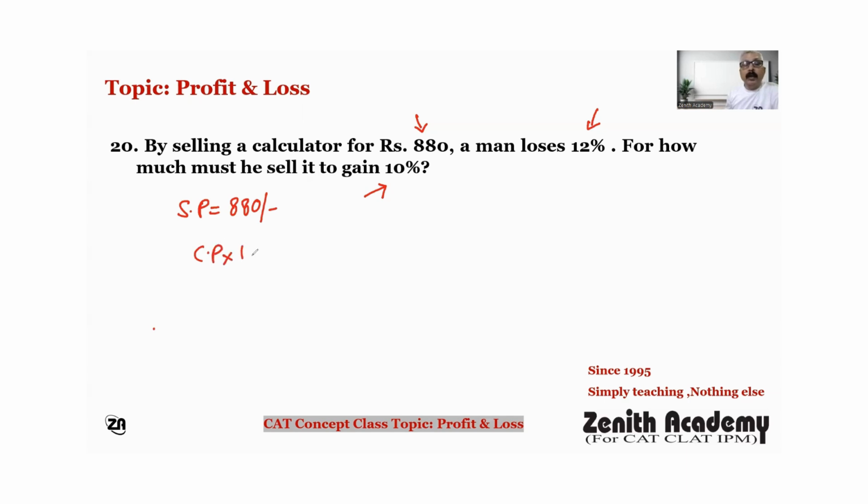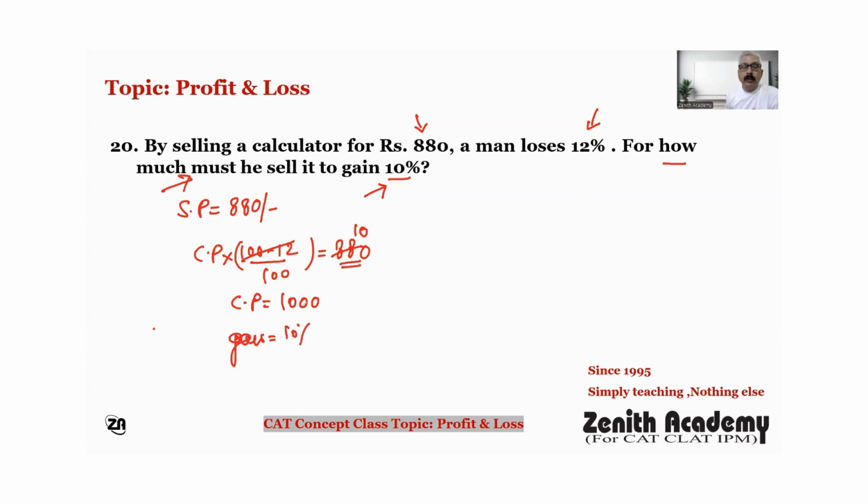actually 100 minus 12% of cost price. This selling price is 88% of the cost price. So the cost price is coming 1000 rupees. So for how much must he sell to gain 10%? So the 10%